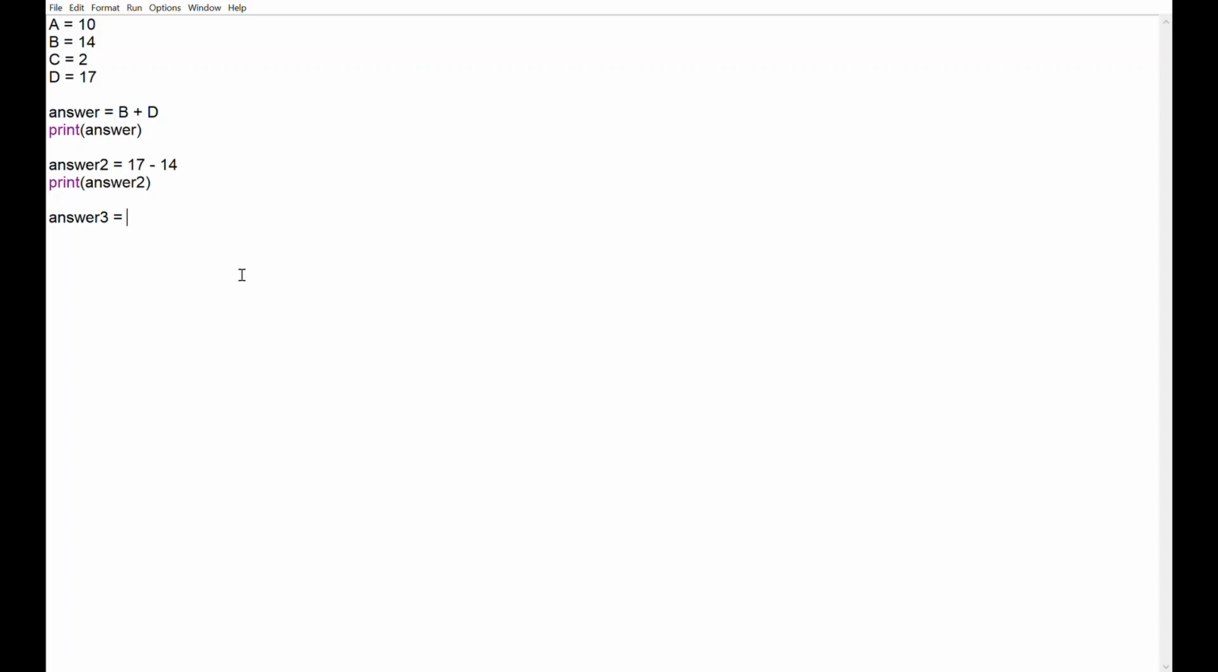Equals, and then we're gonna do... oh yeah, by the way, sorry, I did 17 minus 14. You can also do a D. And I was not even listening to my own rules. And then answer 3 would be B. Oh no, C. And then print answer 3. And then we can just do the next one. The last one will be